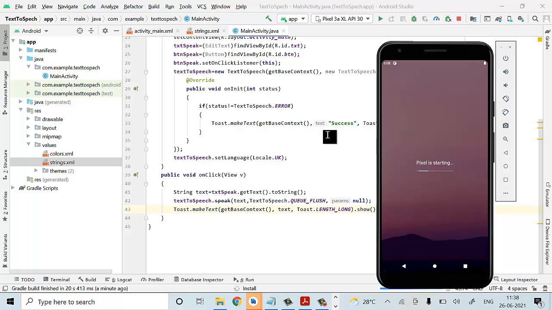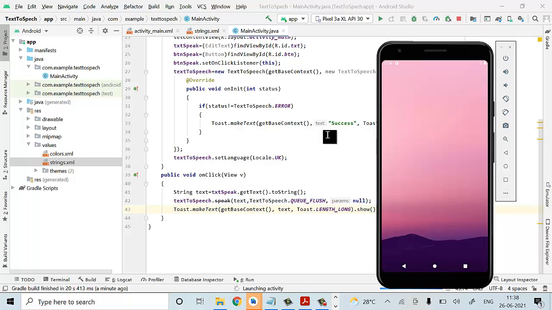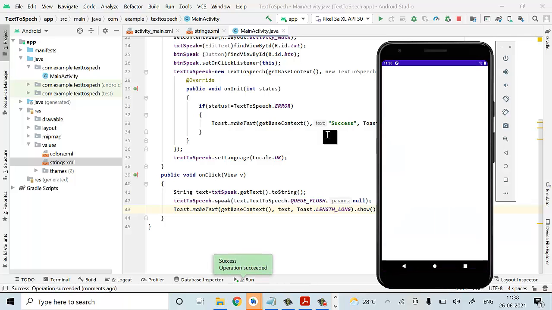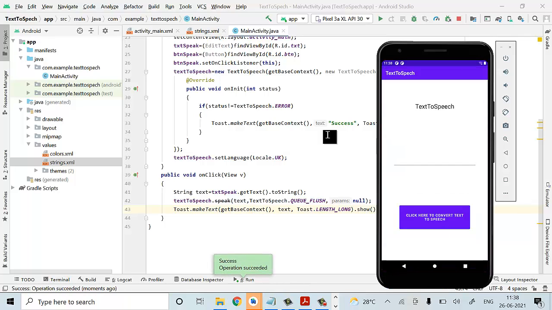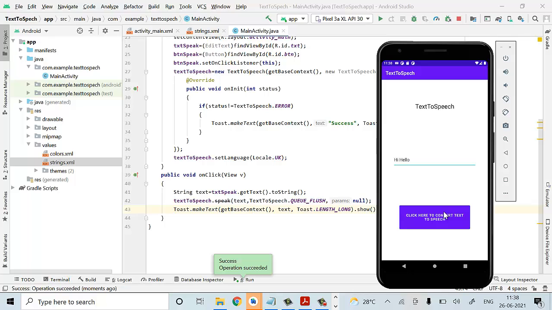Once the phone has started, our app will start. Now the app is started, so here we can give the execution statements. Hi, hello. Since we have a problem with the emulator, the phone will not speak here.